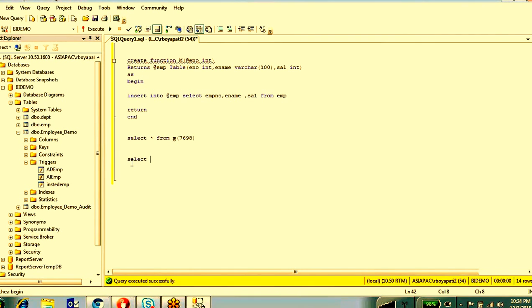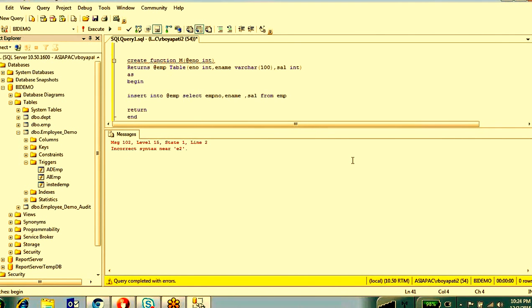For example, select star from emp table as e inner join. I'm going to inner join with this function, control C. You have to put it in single brackets, open close brackets, and give the alias name as e2. So this looks like a derived table, right? That alias name is e2 on e dot emp number equal to e2 dot e number.